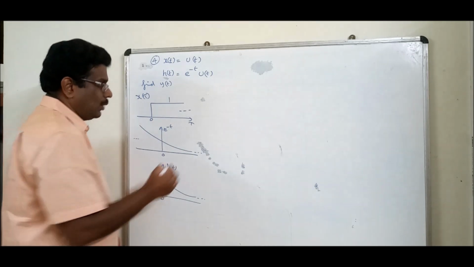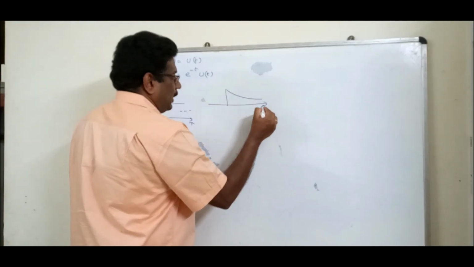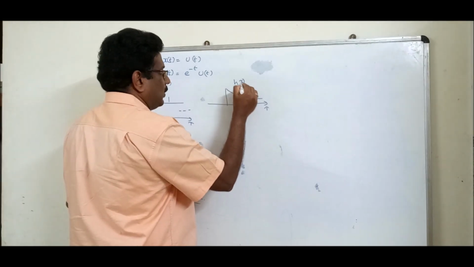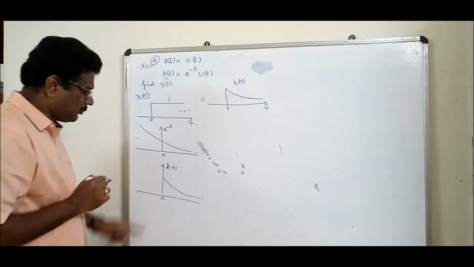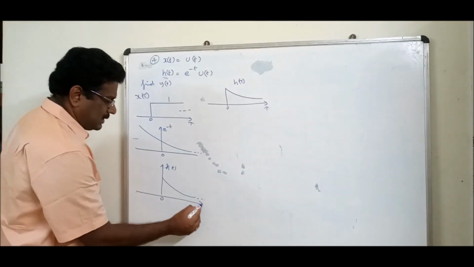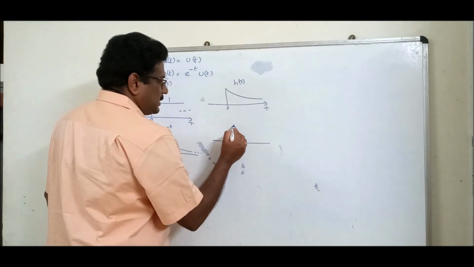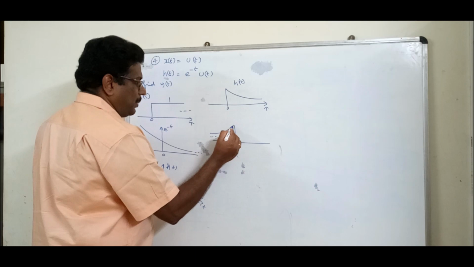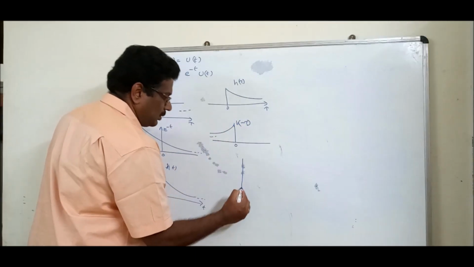Now what about the general work you have to learn? If it is t, it is h of t. If it is tau, it is h of tau. So this is the given signal, h of t on the t axis, and h of tau on the tau axis. Next, let us reflect. Please remember, if you reflect, the amplitude will vary, which we will discuss later. This is h of minus tau.